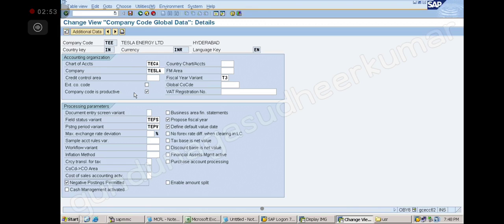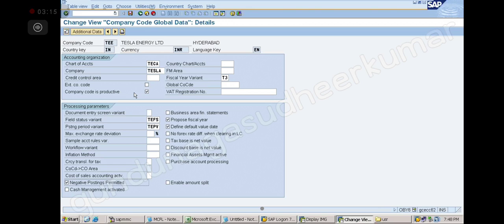The company code is productive means what? Company code is in use. So it will help us to protect the company data.